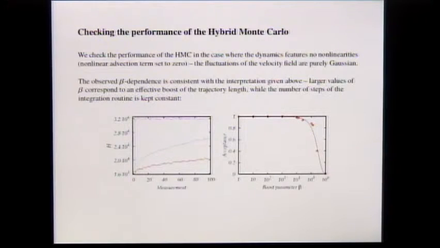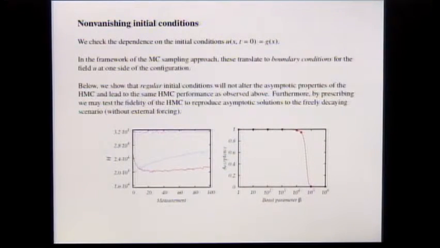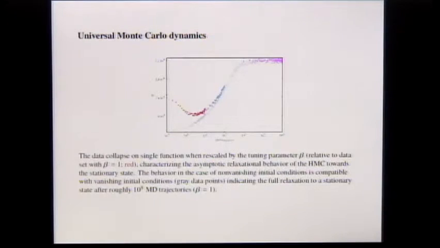So as before, we should run into 3.2 times 10 to the 4. Here it's exactly the same behavior. You see that there's a small dip, but after a certain while, you should run into the same stationary state. You see the same behavior of the acceptance rate. And in fact, if you rescale the curves with this tuning parameter that I introduced that takes care of the non-local correlations in the system, actually we can see that all the data collapses, at least in the long time limit. So you can play this game with a large range of parameters.